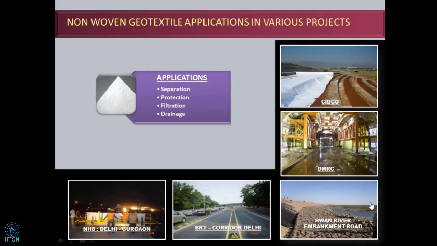These are some of the particular application areas. You can have non-woven geotextiles for road work, below for stabilization, for revetment work at the river bank, also protection for tunnel lining. You can have the open air auditorium for drainage applications. So basically the functions it has to give are separation, protection, filtration, and drainage. So there are various areas where that particular product is being used and can be used for other application areas related to drainage, filtration, and protection, and also of course separation.